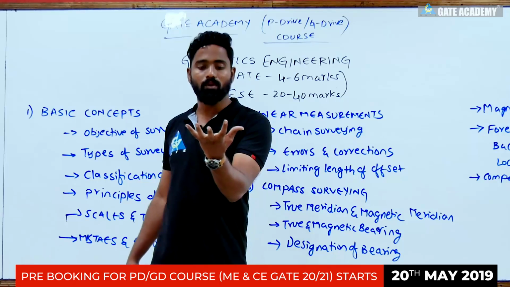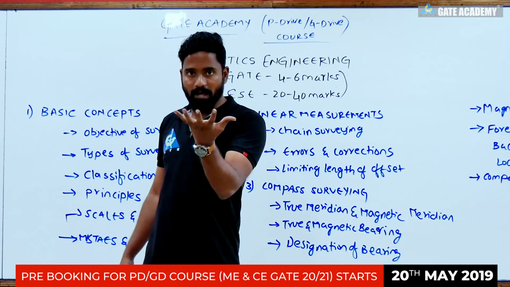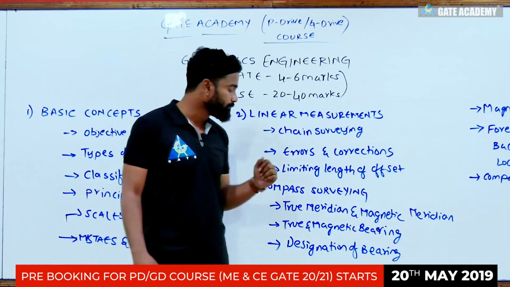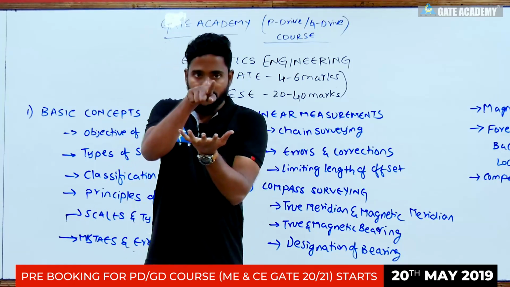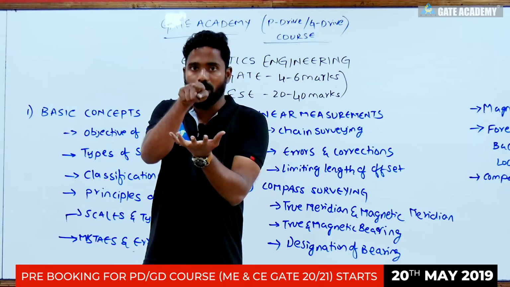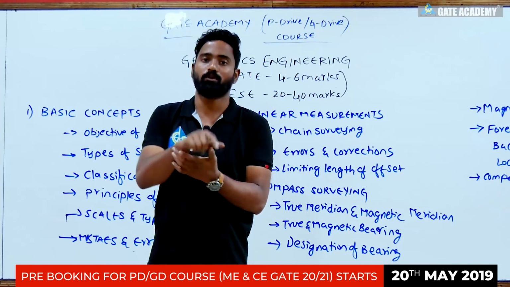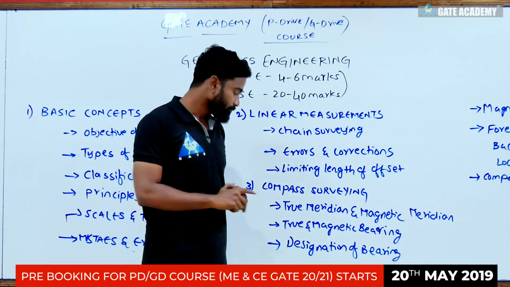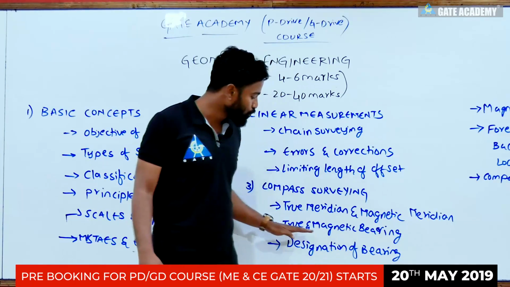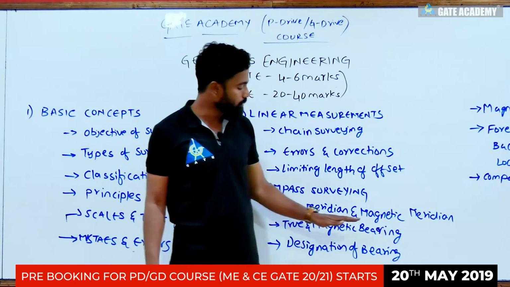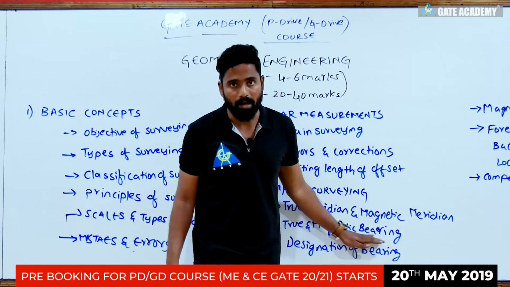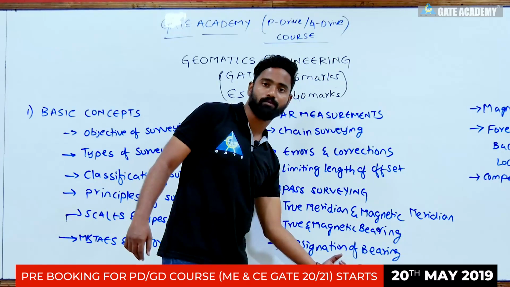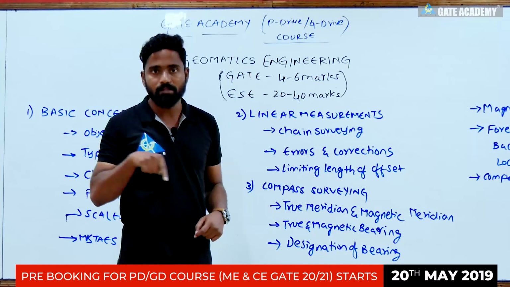In the compass actually we get the angles based on magnetic meridian, but not true meridian, and the angle measured with respect to the north is called bearing. With respect to the north it is called bearing. So, that is true. With respect to true north it is called true bearing, with respect to magnetic north it is called magnetic bearing, and based on this you will give a designation for the bearing: